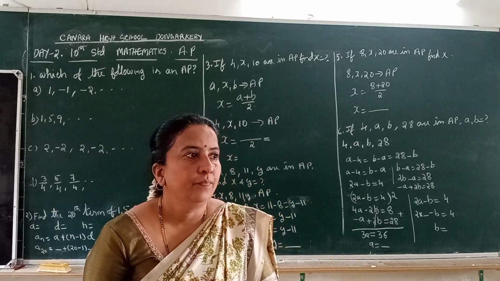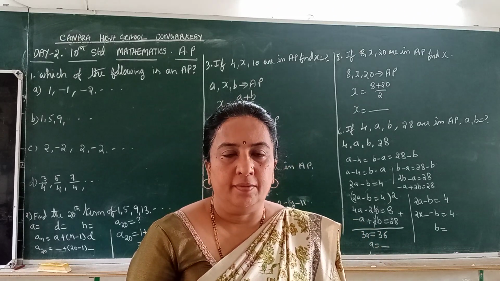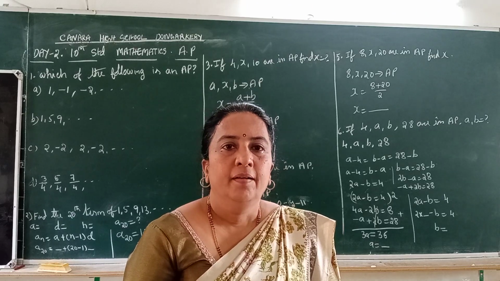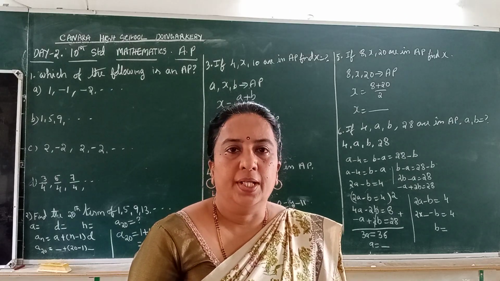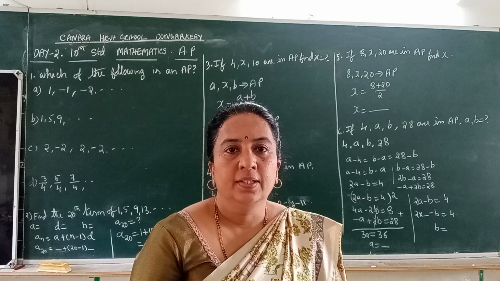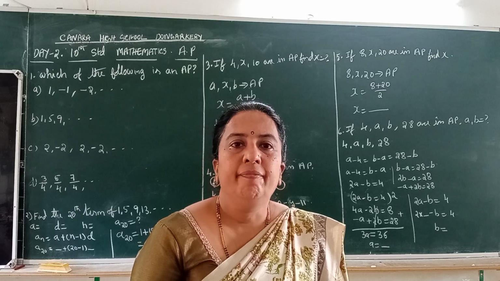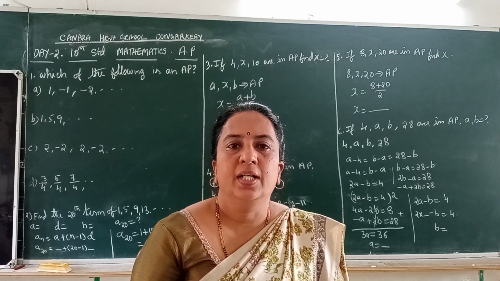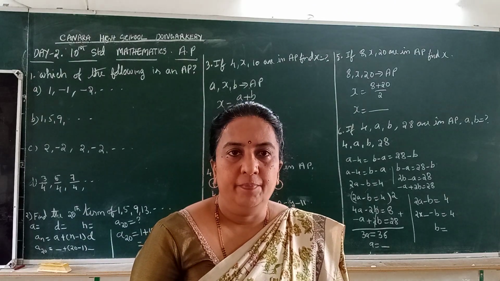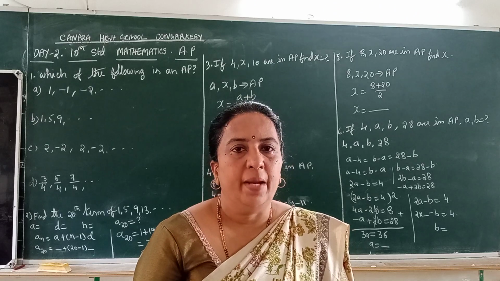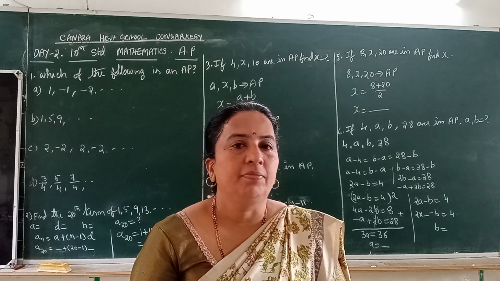In last class, we discussed points about AP, arithmetic progression. In that, first we saw few set of numbers. Arithmetic progression is a sequence which has common difference same. Difference between consecutive terms is same. Such a sequence is called AP. We wrote few examples for AP. Then we found out the next 4 terms of the AP.